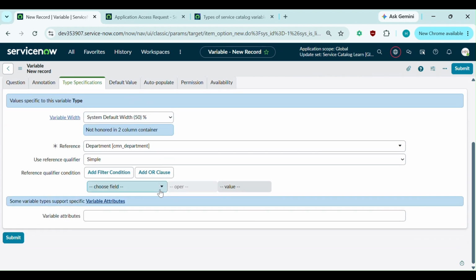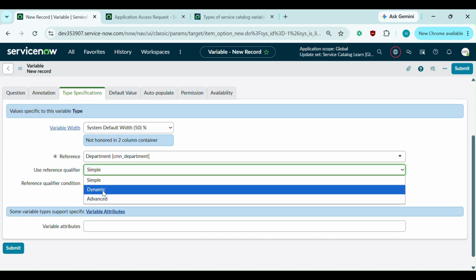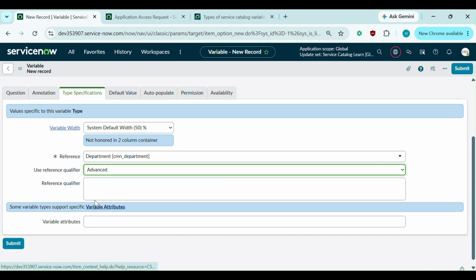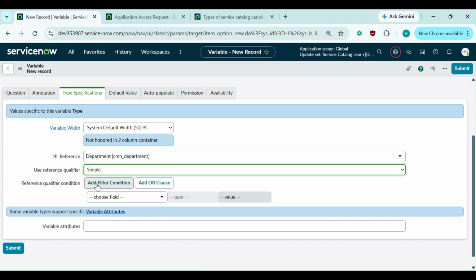Also, we can see that there are some other fields, which is use reference qualifier. In the simple reference qualifier, we can add any reference qualifier conditions. So in that case, only the matching condition records would be displayed that the user can choose. Or if we also want to add any dynamic, then we will have to create a dynamic reference qualifier and then we can select. Similarly, in the advanced, we can simply type some JavaScript here, and all the records which match that particular JavaScript will be shown here in the reference field. So for now we can keep it as simple,